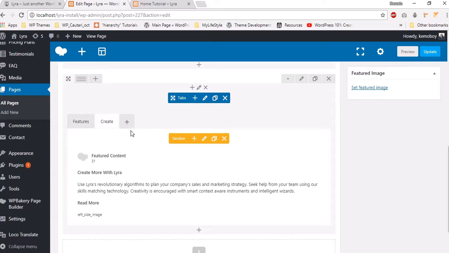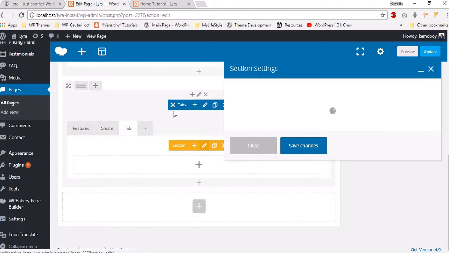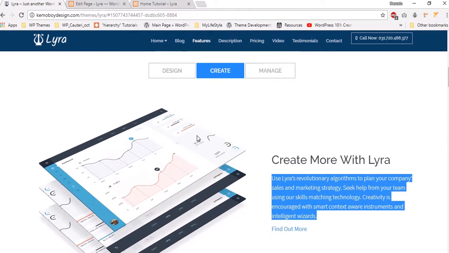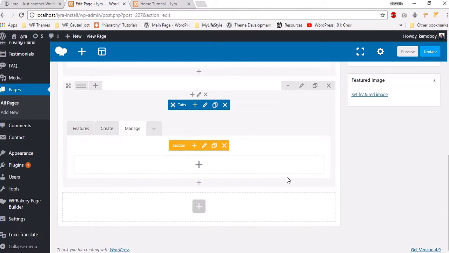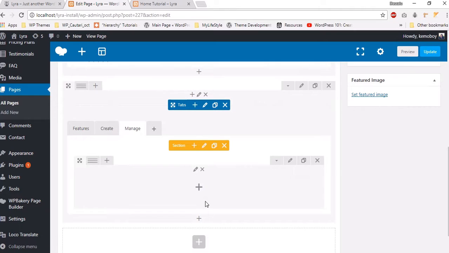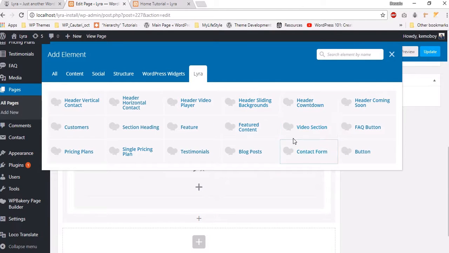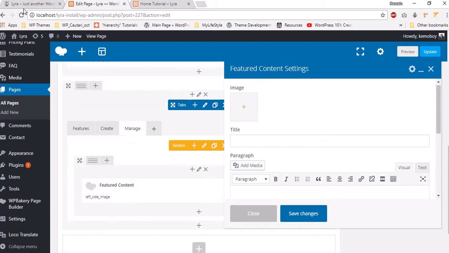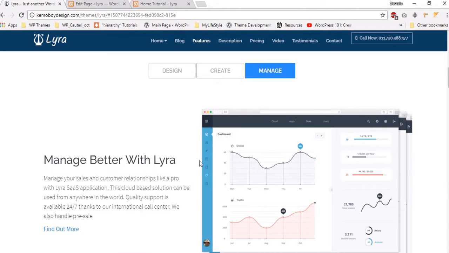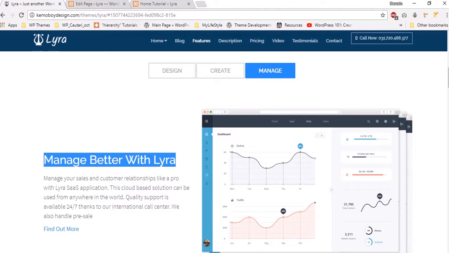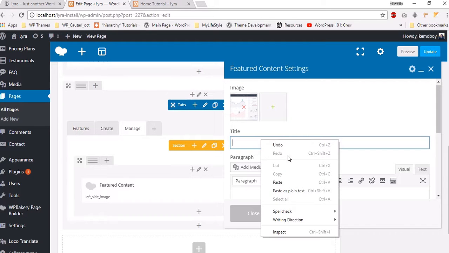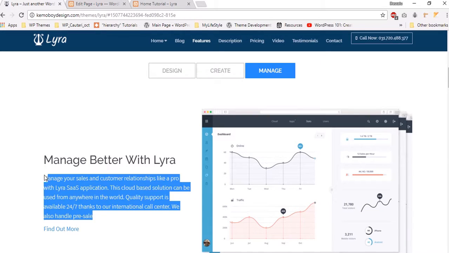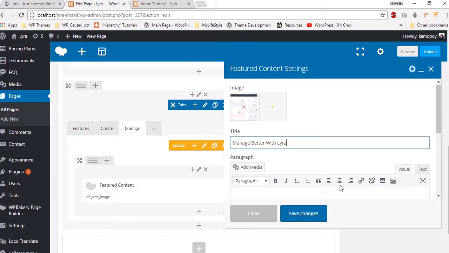and you have to add a new section. Let's name this manage. Okay, the same other row, and here you can add other featured content with whatever image you want. So let's say I'll choose this one, manage more with Lyra. And this text, I'll just copy and paste the text from the page that is already on the demo,